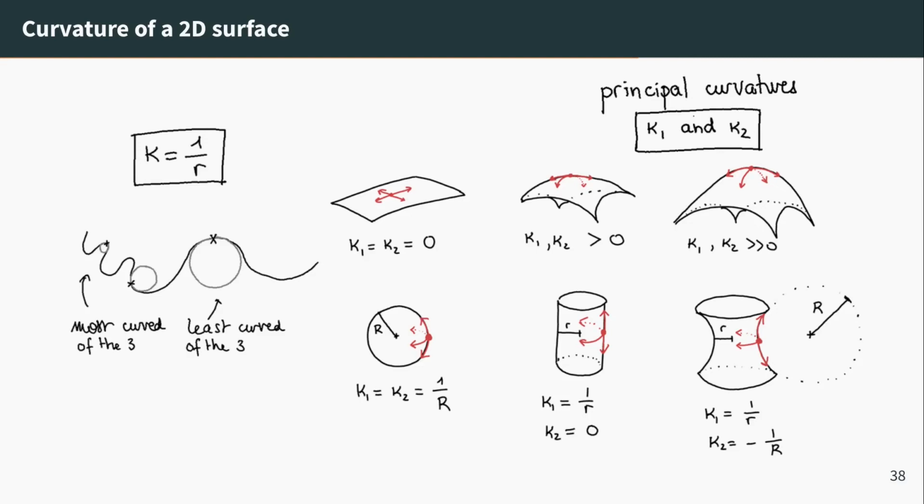The convention is to say that the sign of the curvature of the surface is given by the product of the 2 curvatures. So when we say that the surface has positive curvature, what you really mean is that kappa 1 times kappa 2 is positive. And this is the case here. Kappa 1 times kappa 2 is 1 over r times 1 over r, so it's positive. Here, kappa 1 times kappa 2 is equal to 0, because it's positive times 0. And so we say that the Gauss curvature of this surface is 0.